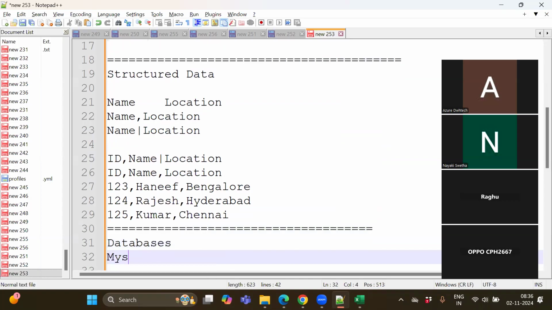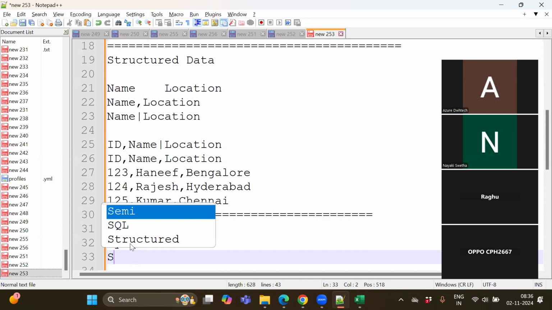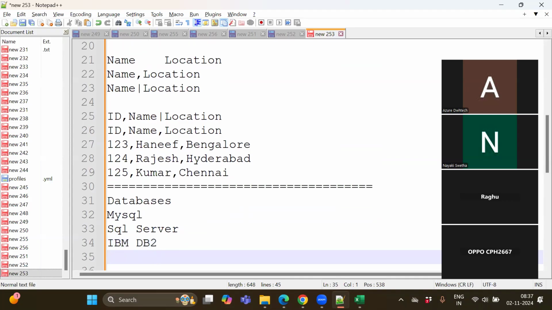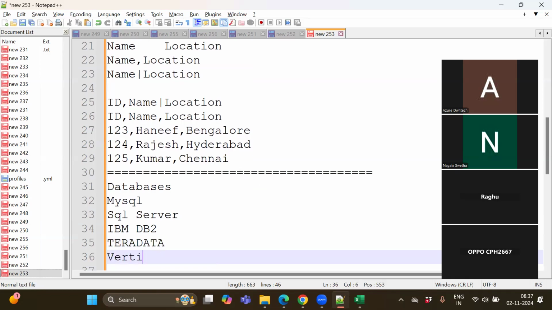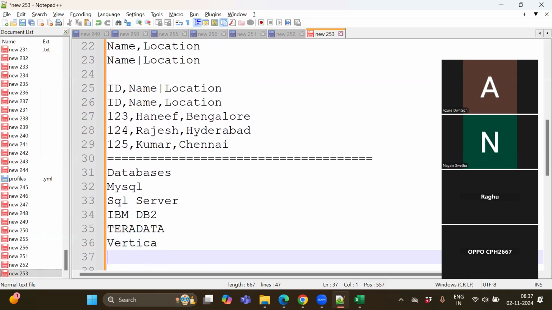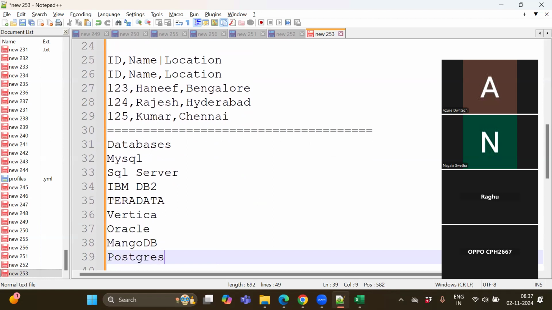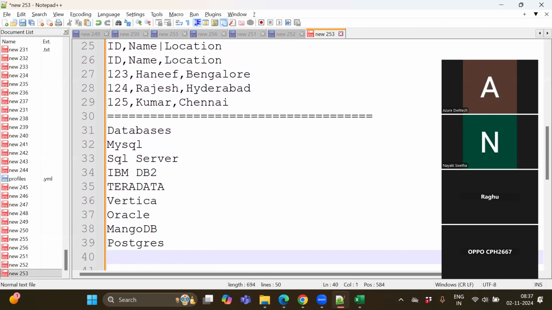Under database, you have MySQL, SQL Server, IBM DB2, Teradata and Vertica. My favorite database, Oracle, MongoDB, Postgres,